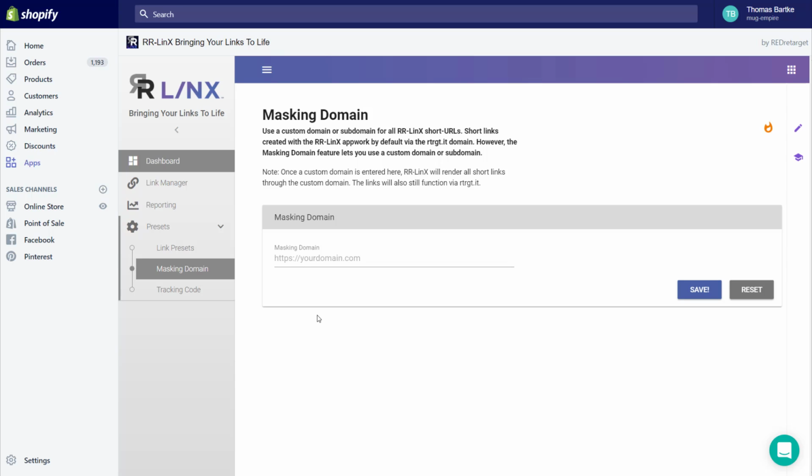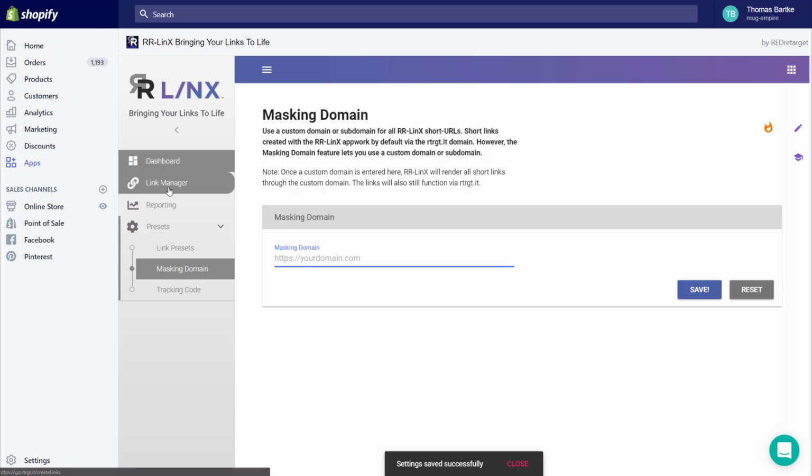In this video I'm going to show you how to use the masking domain feature of rrlinx. The masking domain feature is designed to allow you to use your own branded domain for the short URLs that are generated with rrlinx. By default, if you don't have anything entered in here in the masking domain, the links